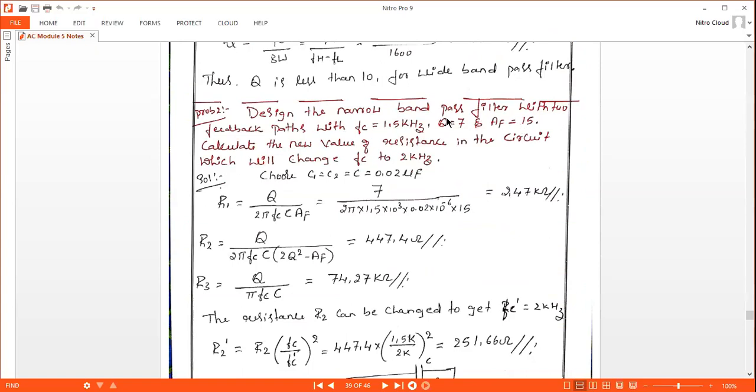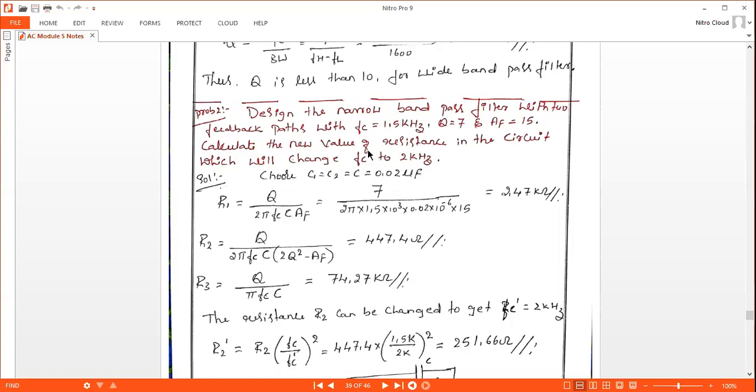They have given the values of Q, A of F and FC. You have to design the circuitry, which means you have to find the values of R1, R2 and R3. They have also asked what the change in FC will be when we change FC to 2 kilohertz.